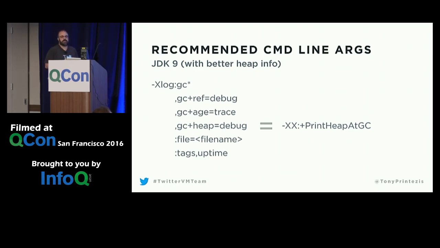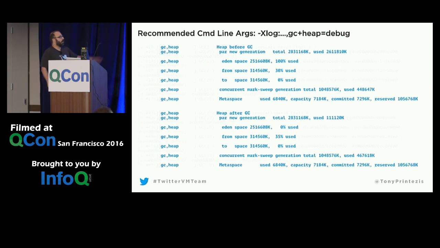Okay, so you just enable the GC heap tag at debug level, and that's basically exactly the same output as with PrintHeapAtGC that I showed you earlier. In fact, this is it, with all the extra useless information we don't need, but you have the exact heap information that is really helpful. Okay, this will triple your log size, I think, but it's really helpful. So if you can handle the extra size, it's really worth it.